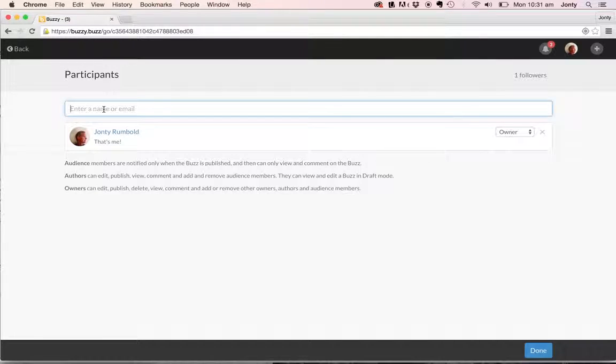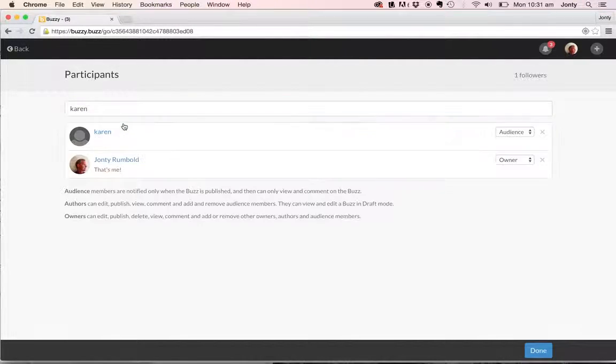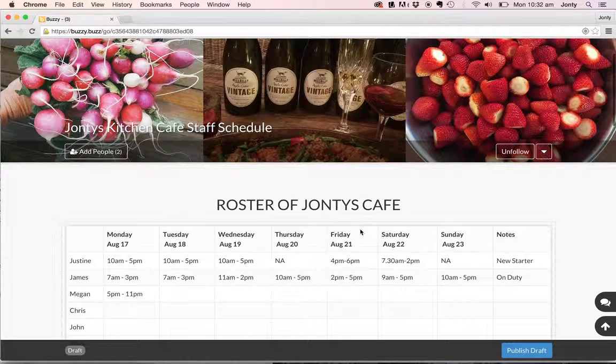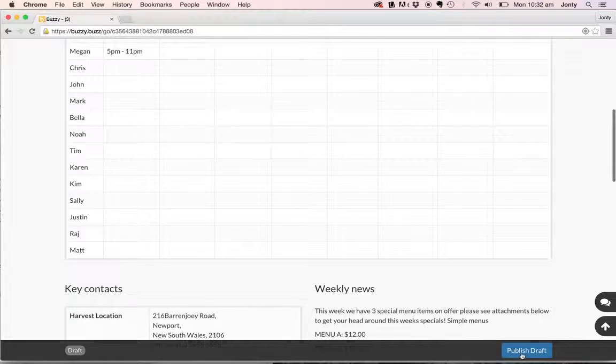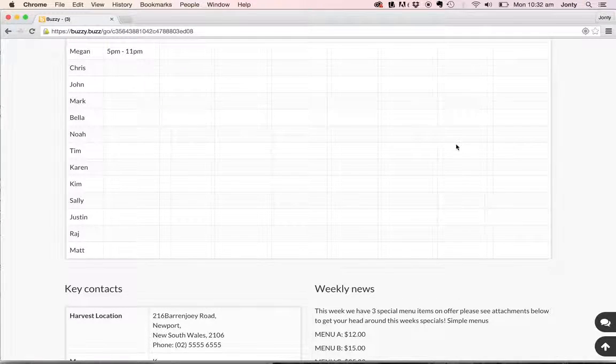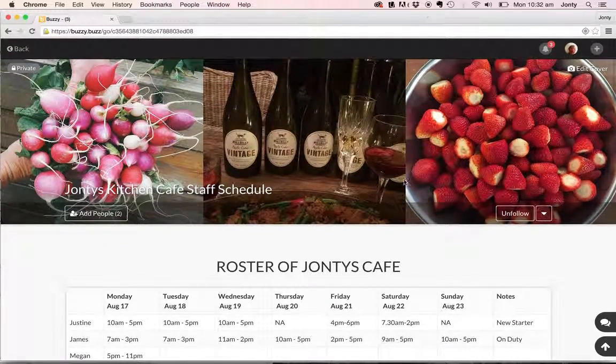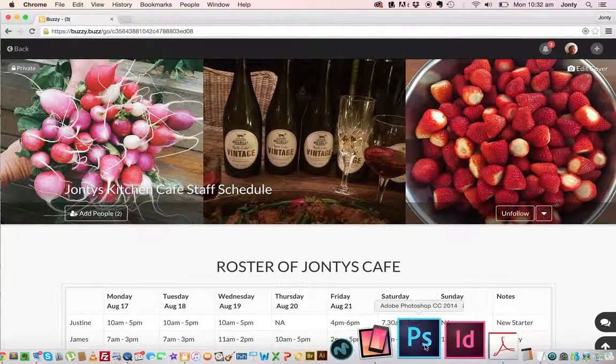And again, let's go in and add Karen, shall we? Again, so Karen works for me. She's one of my staff members. I'm going to make her an audience member because I don't want her to adjust the roster. I'm the owner, and I'm going to select done. Awesome. I want to choose to follow that, and I'm going to select publish draft. And let's use that example again. We'll go into the app to have a look at that and see what that looks like in Karen's